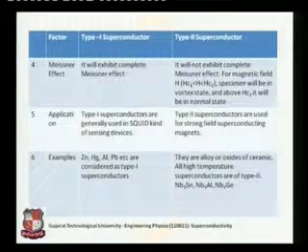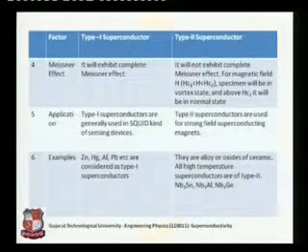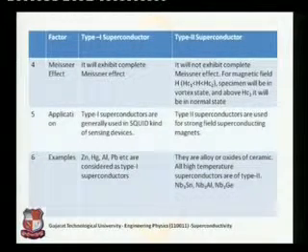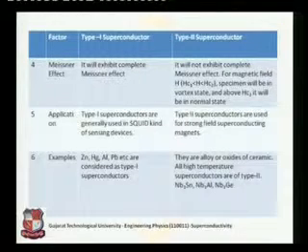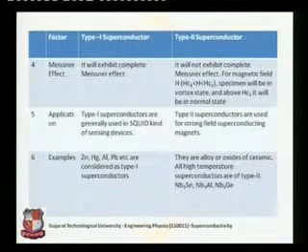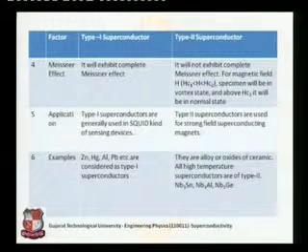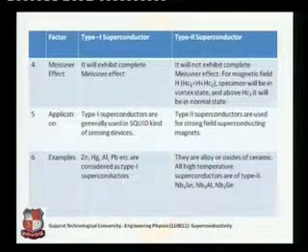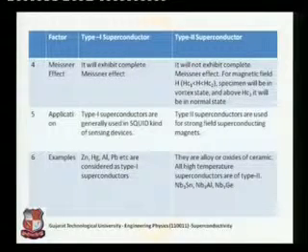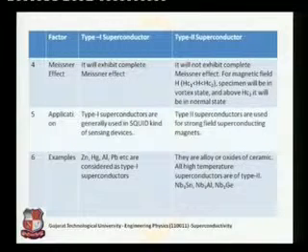Okay, now certain examples are cited in factor 6. Examples: if you observe, previously in a graph we talked about mercury, and then in the case of type 2 we were talking about alloy. So here the point is also like that only. In point number 6, for type 1 the materials are pure elements, not alloys, not mixtures, not compounds, but pure elements. Zn, He, Hg, aluminum and Pb are examples of type 1. And if we talk about type 2, they are alloys. There may be more than one metal, mixed together, forming type 2 superconductors.